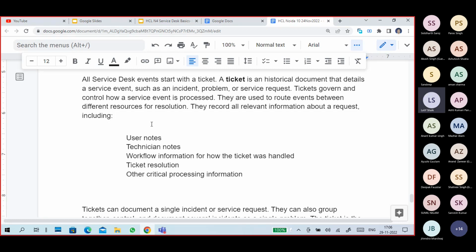Or maybe for further proceeding you have to take permission, then you have to send it to the change advisory board or some authority person. It's like application forms.